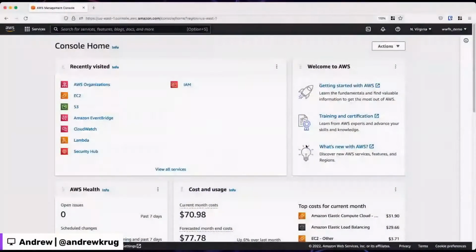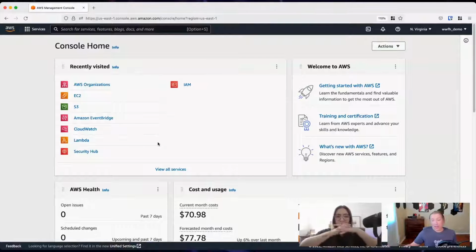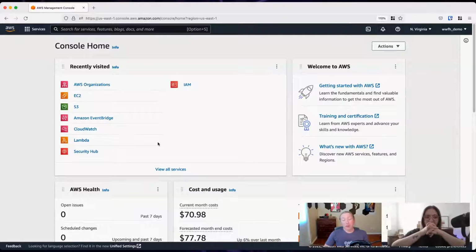This is the AWS console, if you've never seen it before. By default, when you sign up for AWS, you get what's called a root user account. That's what we're signed in as right now. What you want to do is basically never use that account for anything other than delegating access for someone else to see your bill, and setting up a variety of other ways to interact with the environment itself.